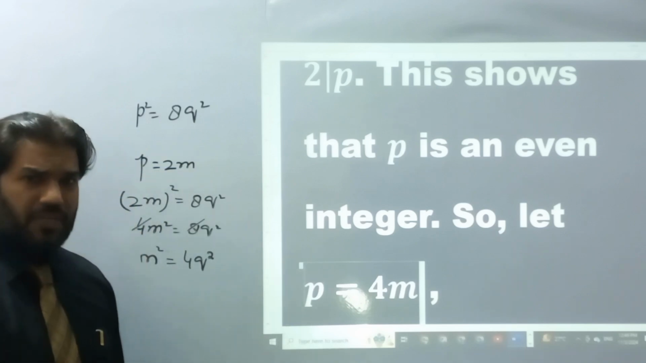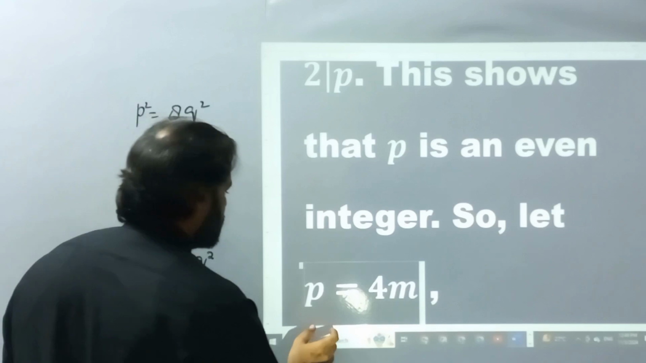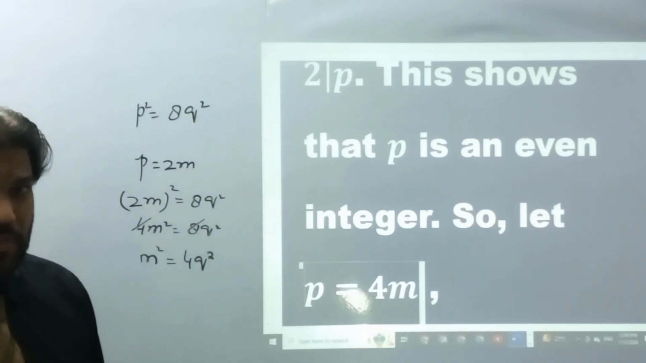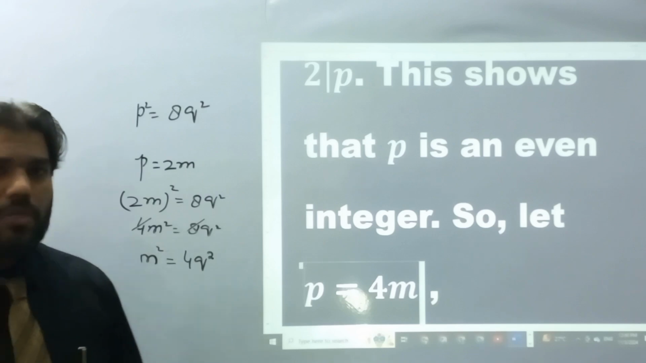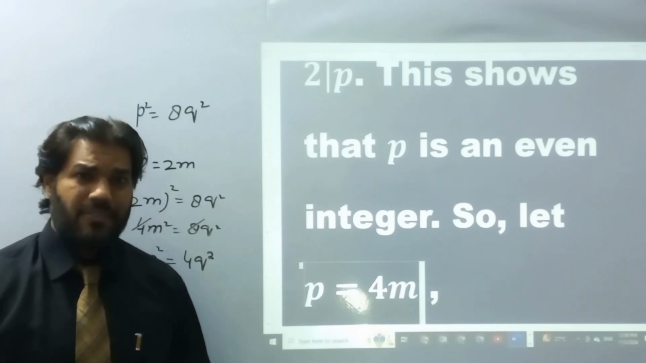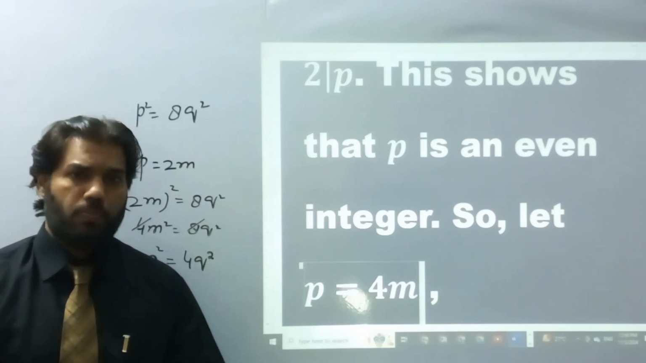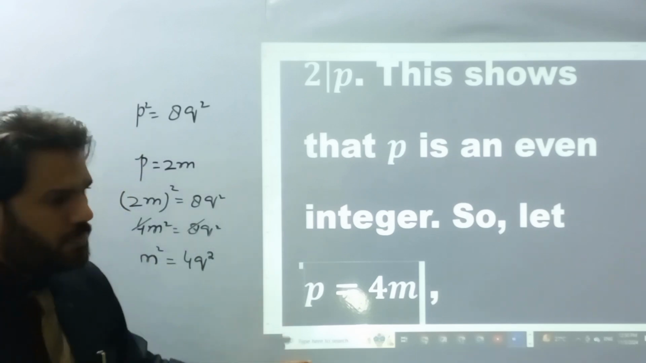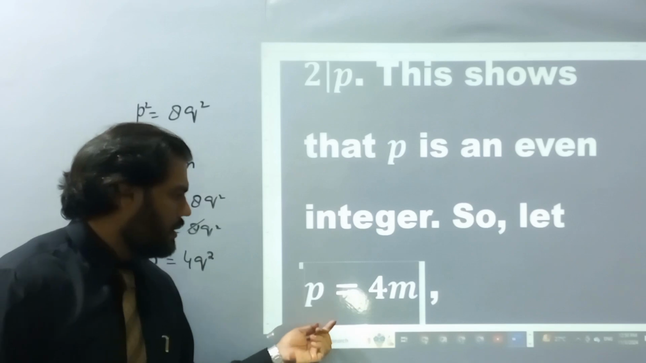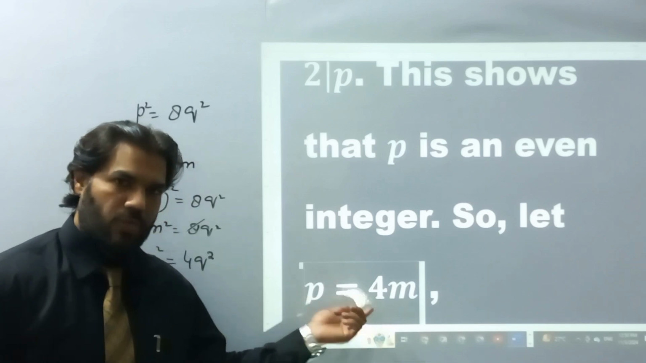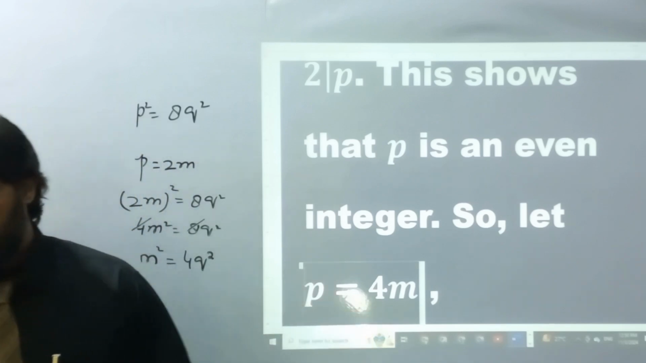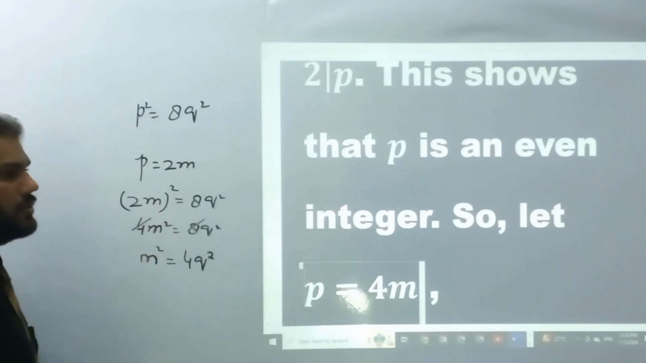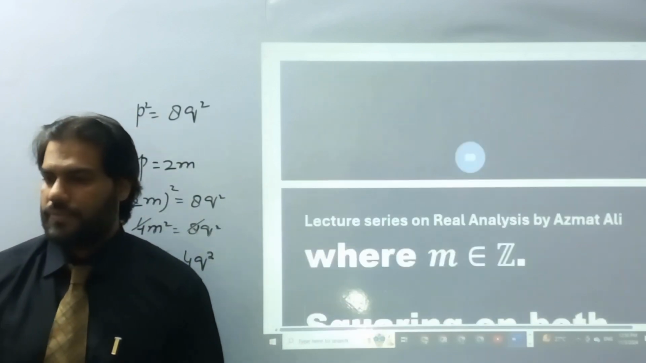Because p is an even integer, we can suppose p is equal to 4m, because all multiples of 4 are also even integers. Even integers are not always multiples of 2 only; this is not necessary. 4m will also produce even integers. So in this case, the value of p that will work here is p equal to 4m. So let p is equal to 4m here. By substituting this value of p in this equation, we have